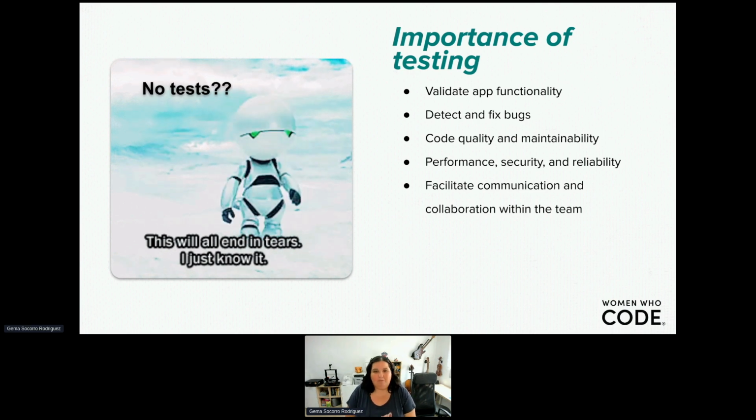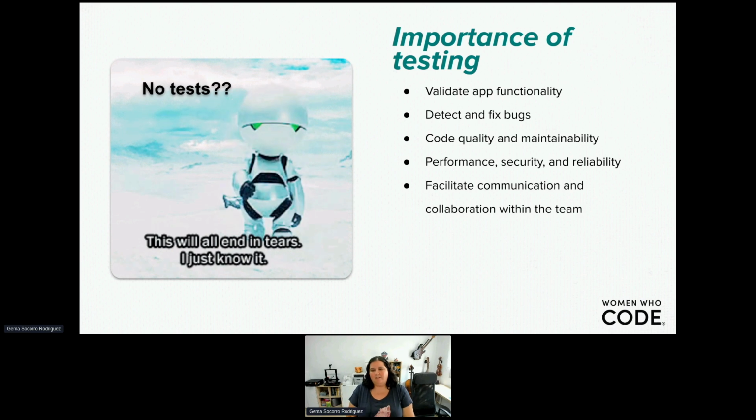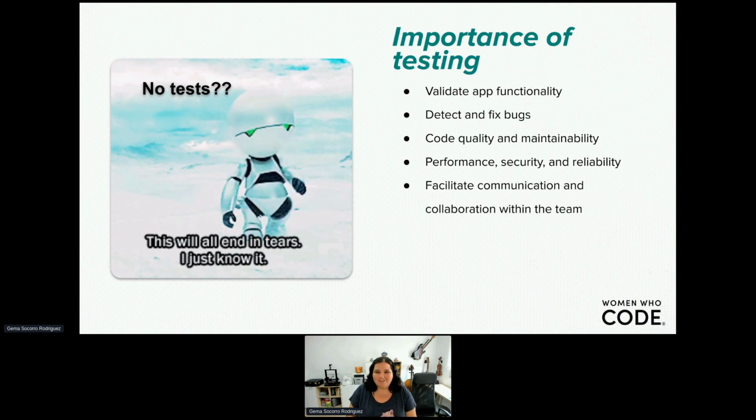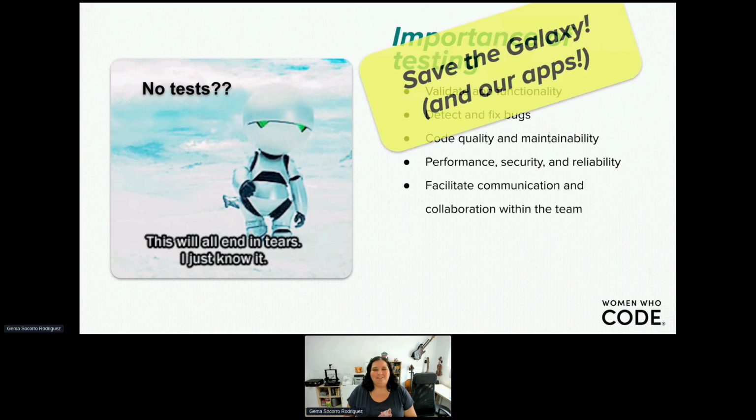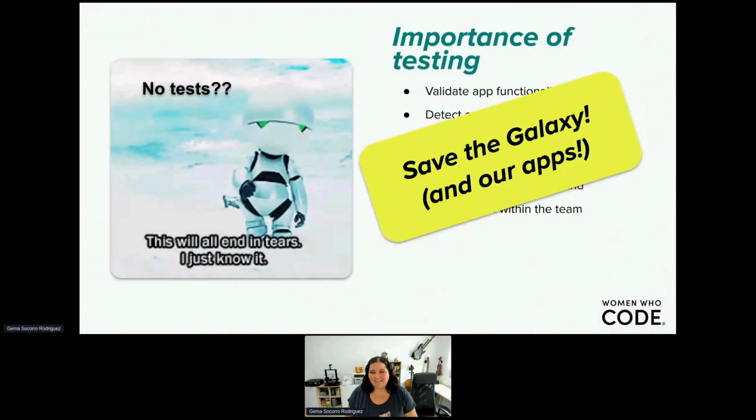For me, reading the tests that other people have written makes clear what the feature does. So it's kind of an alive documentation. It's great to have tests. And now we are going to learn how to test to save the galaxy and our apps, obviously.